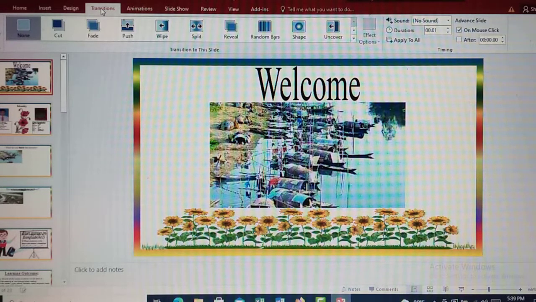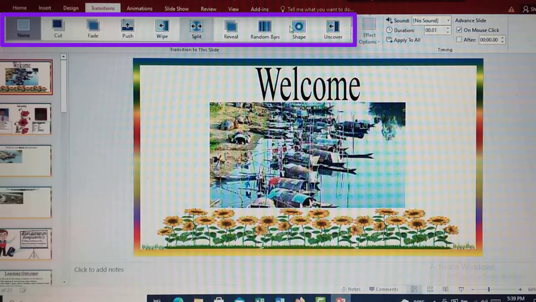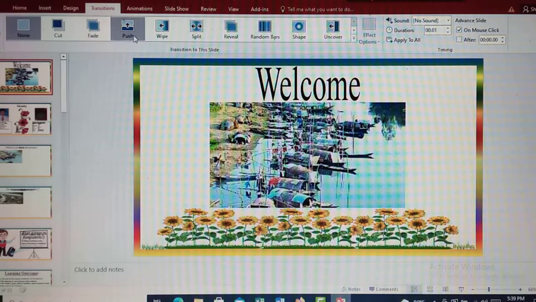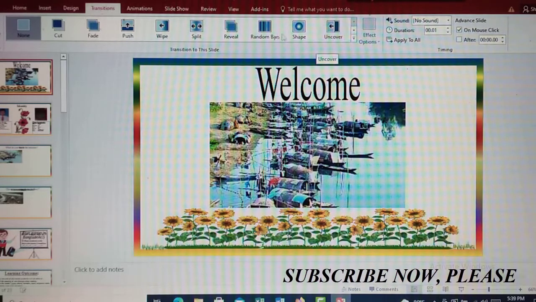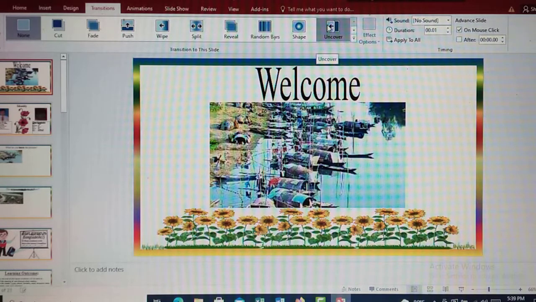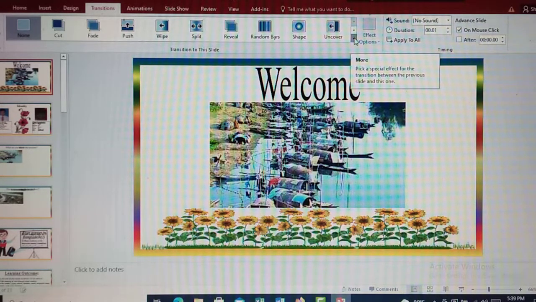See, there are a lot of transitions here, such as cut, fade, push, wipe, split, reveal, random bars, shape, uncover, etc. If you want to see more options or transitions, go to the right side and click on transitions down arrow bar.